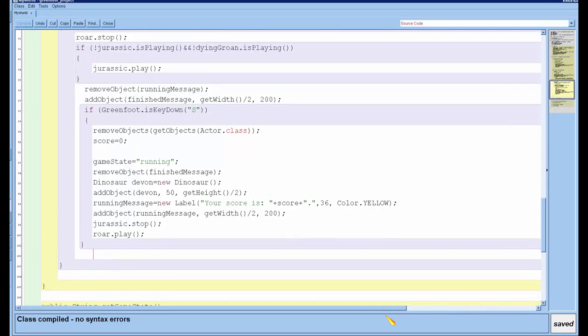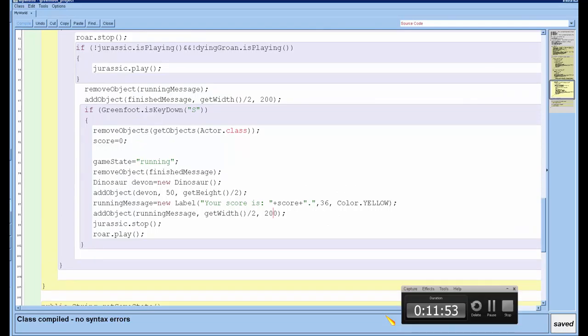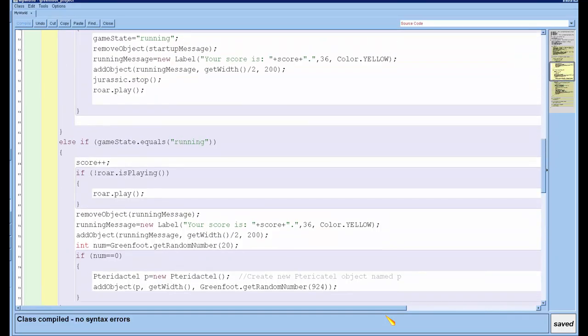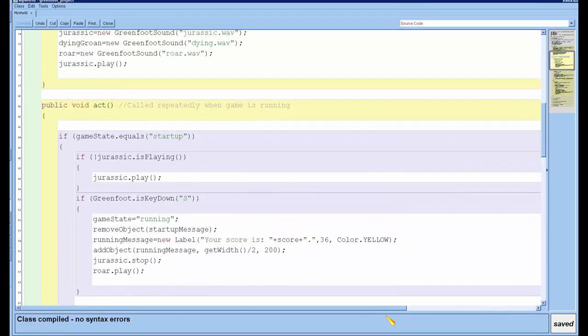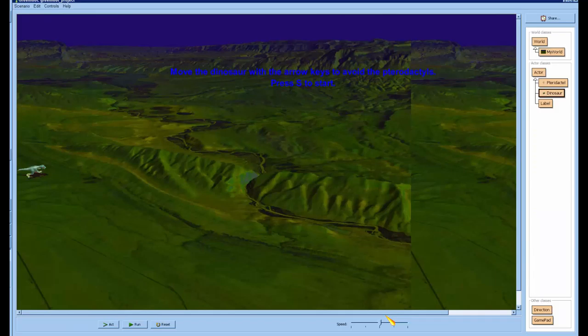Okay, so now the one last sound effect that I need to add, and I'm sorry this is going on for so long, is the boom boom of the dinosaur stomping around. I did have a doink sound, but someone in one of my classes complained that it wasn't really the appropriate sound effect, and he suggested a loud thundering boom when the dinosaur is stomping on the earth. So I'm going to add that too. It's not going to be in my world. It's going to be in the dinosaur class.